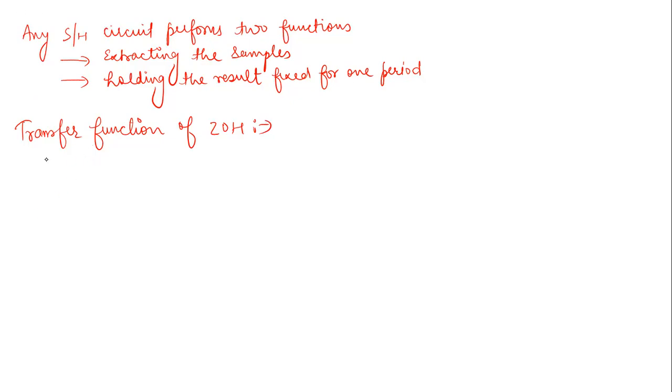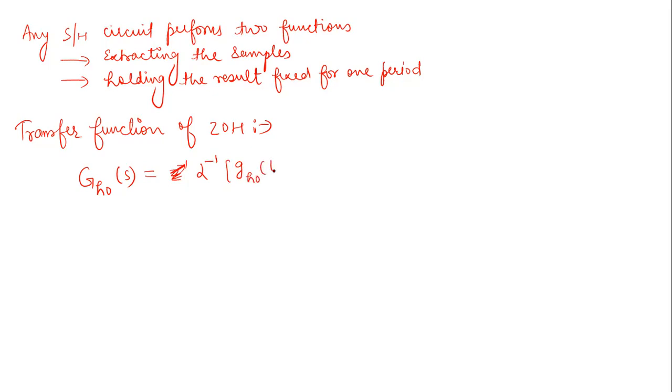So the transfer function of zero order hold can be given by this equation, where H indicates hold, O indicates this zero. The transfer function is basically the ratio of the Laplace of output with the Laplace of input with initial conditions zero. So it is given by Z inverse, or because we are converting it into continuous, we will not take Z inverse. We will take the Laplace inverse of the impulse function